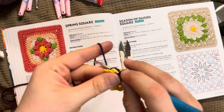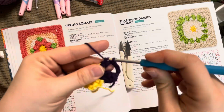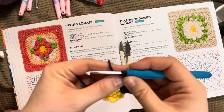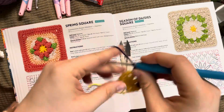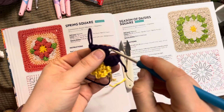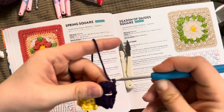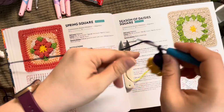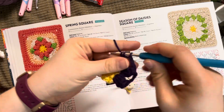And now you're going to go in and do another 5 double crochet popcorn stitch into your chain 2 space. So 1, 2, yarn over and through the hole, yarn over, pull through, yarn over, pull through 2, yarn over, pull through 2. That's 3. 1, 2, and that gives us 5. Pull up a little loop, go into the first, get back through to the loop, pull over, and finish off by that little chain there. And now we chain 3. 1, 2, 3, and you go into the next one and repeat. And I will see you